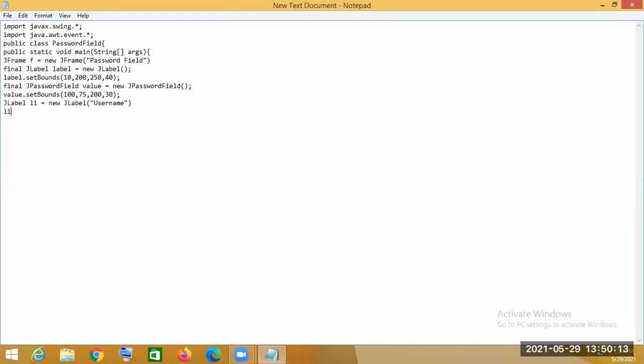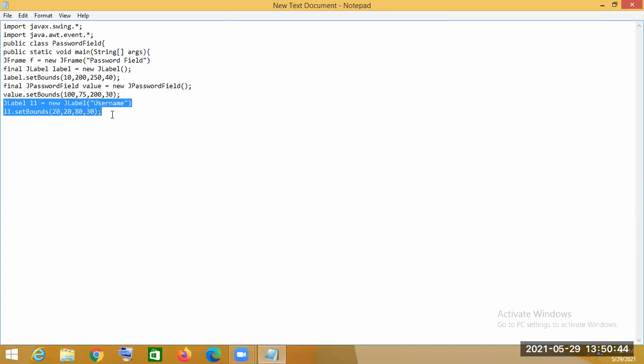Then, the same as before, through its object we will call the setBounds method, using x1, y1, any values. So the first label is created, that is username, and its position is fixed.